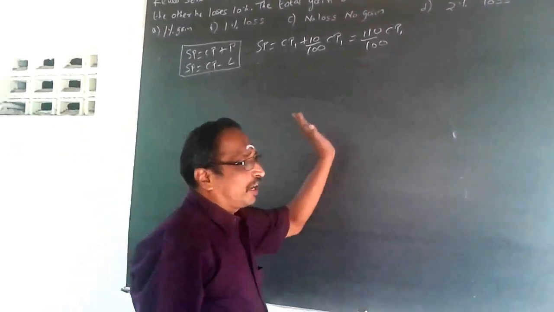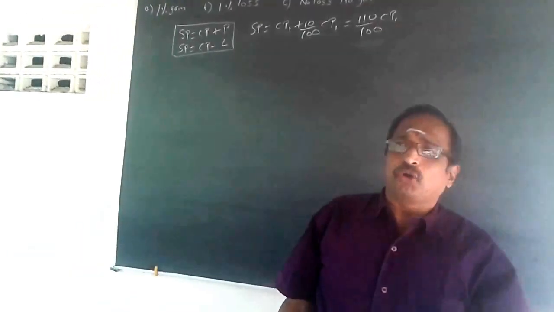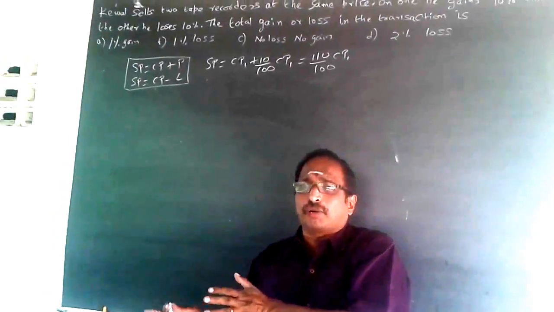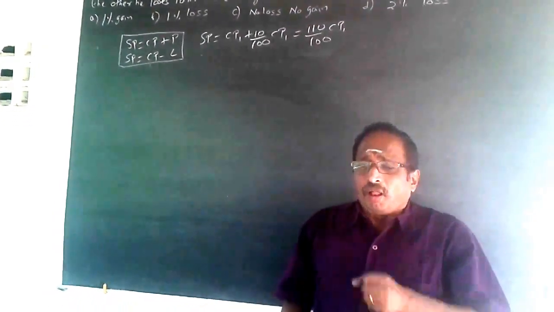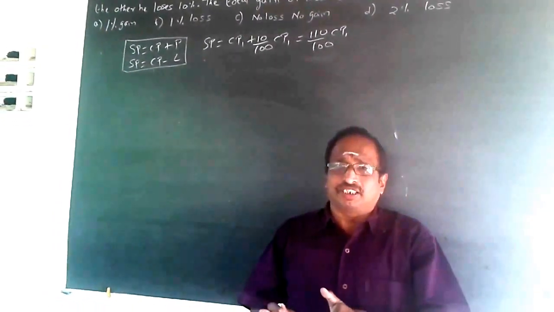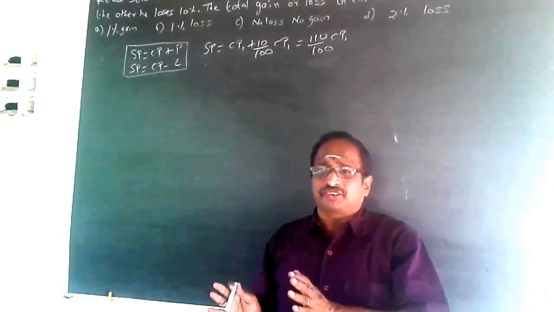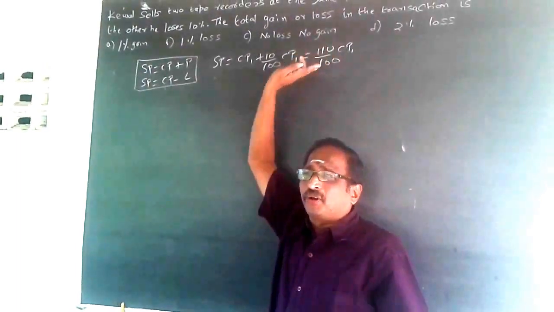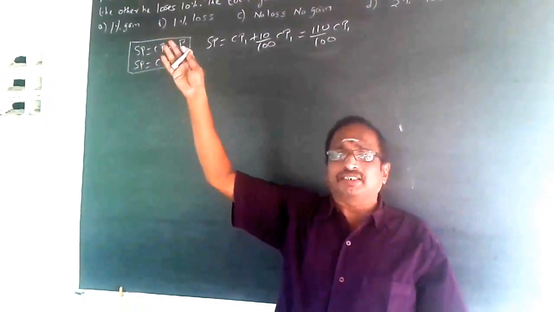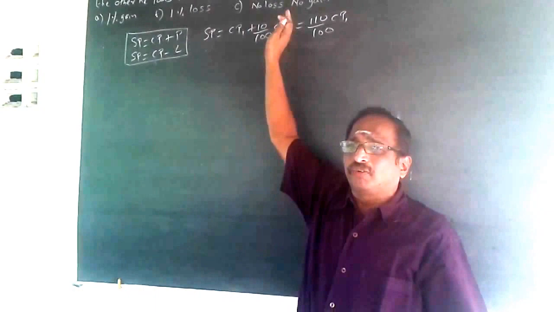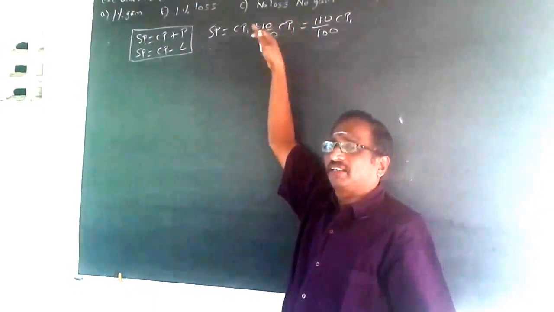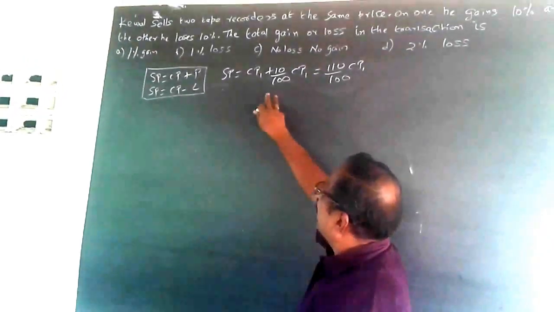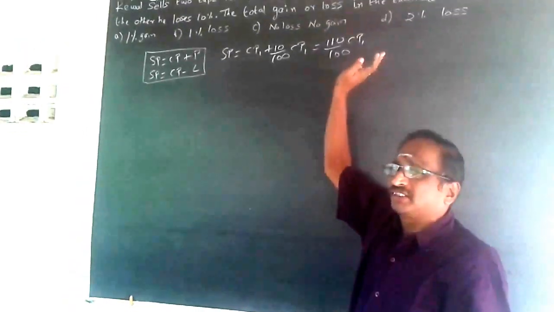Now coming to solving aptitude, the more you are able to do by mind calculations, the faster you can do it and the accuracy level also will be very high. But unless you are clear with the concepts, you cannot do mind calculations. Some of you, the moment you read the question, give the answer as no loss, no profit. Because you are not clear with the concept, you do it by mind and say 10, 10, okay, everything is over. So no loss, no profit, one is 11, another is 9. You can't do it like this. You have to be clear with the concepts. Then mind calculations are always there.